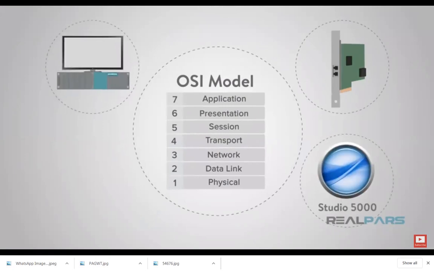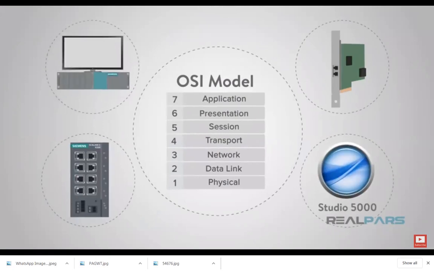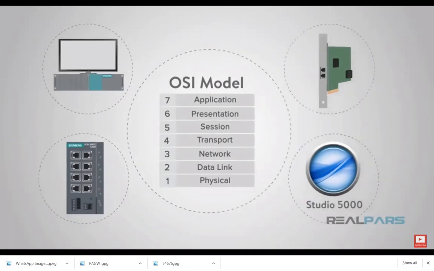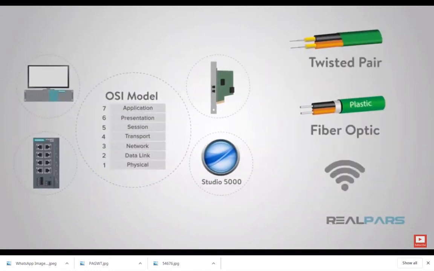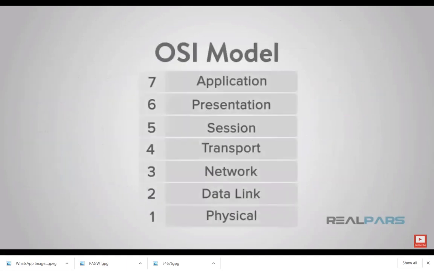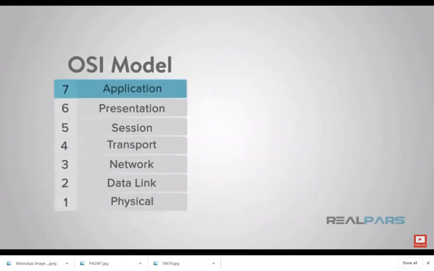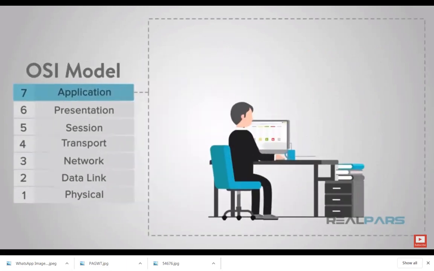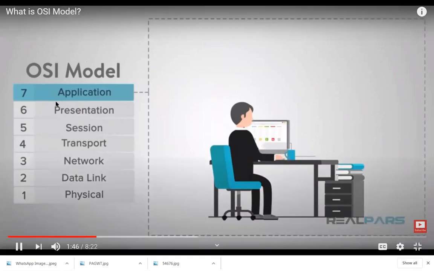So what are all these devices? These are all called networking devices, right? Computers, your nodes, your LAN adapters, your twisted pairs, fiber optic cables, as well as your ports, all these come under the physical layer itself. You need to interconnect all these hardware devices and then send our data. It can be using wires or radio waves or microwaves. In any other way, we can transmit using wired connection or wireless. Then come to the first layer, that is called the application layer.